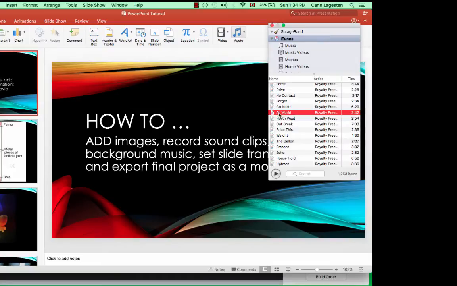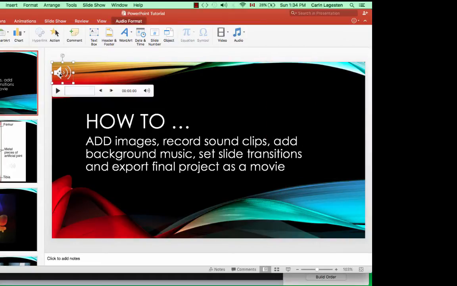So if I wanted this sound in this situation, I can just drag it to and I'll get my sound icon, or you can click on Audio from File and you can search for the song through iTunes. So there's more than one way to do that. But once you have the song added,